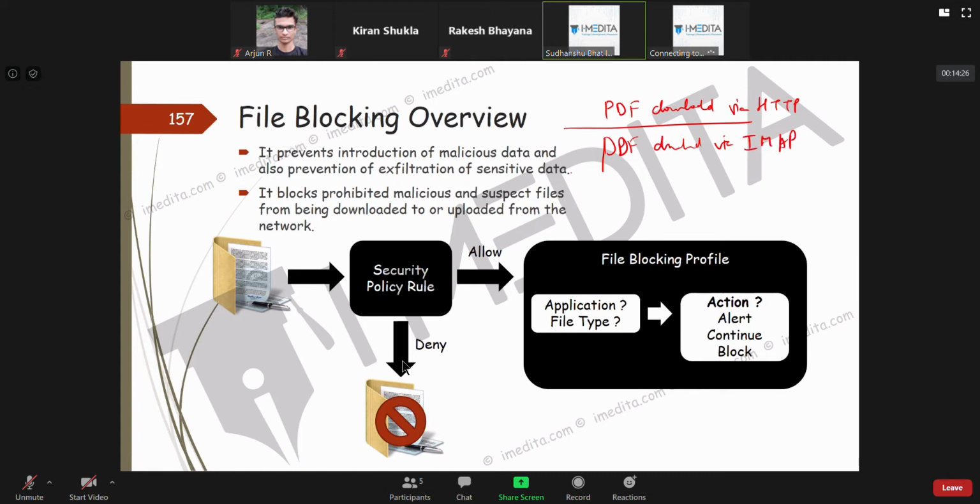Or maybe we don't want to allow this, that. So we can decide which file type for which application is allowed.